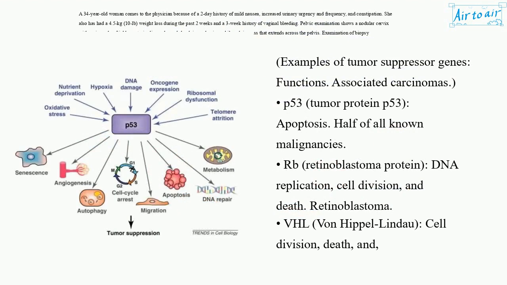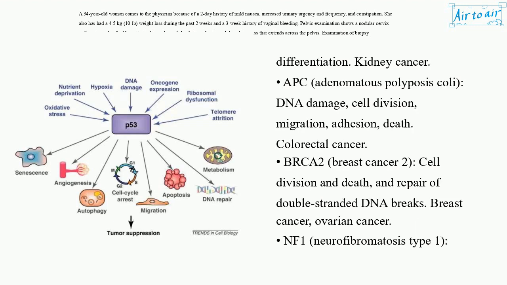Examples of tumor suppressor genes. Functions. Associated carcinomas. P53, tumor protein P53: apoptosis; half of all known malignancies. RB, retinoblastoma protein: DNA replication, cell division, and death; retinoblastoma. VHL, Von Hippel-Lindau: cell division, death, and differentiation; kidney cancer. APC, adenomatous polyposis coli: DNA damage, cell division, migration, adhesion, death;